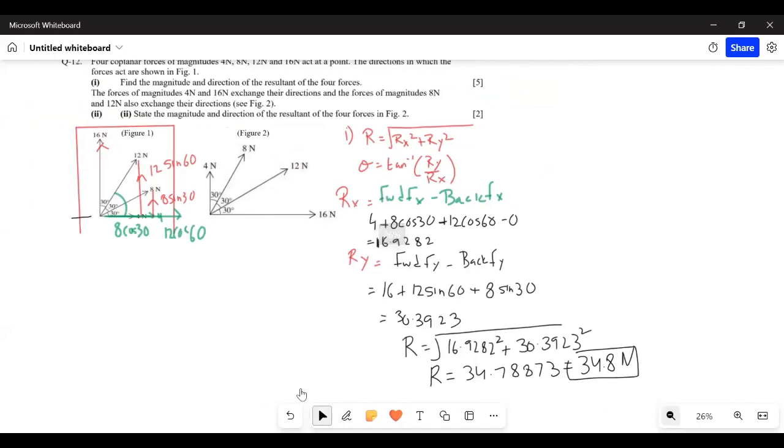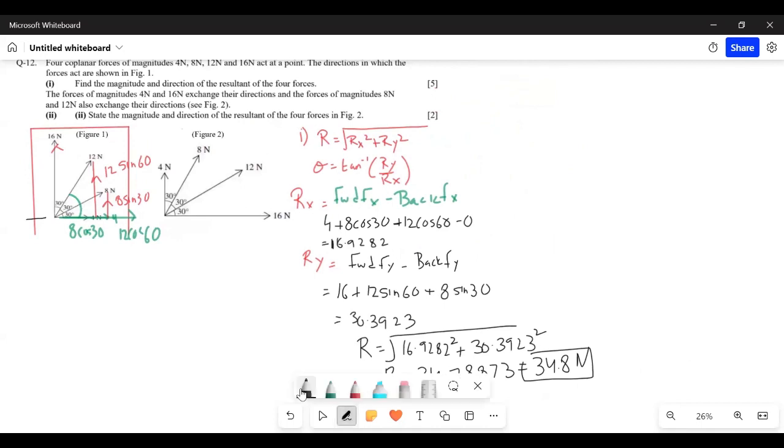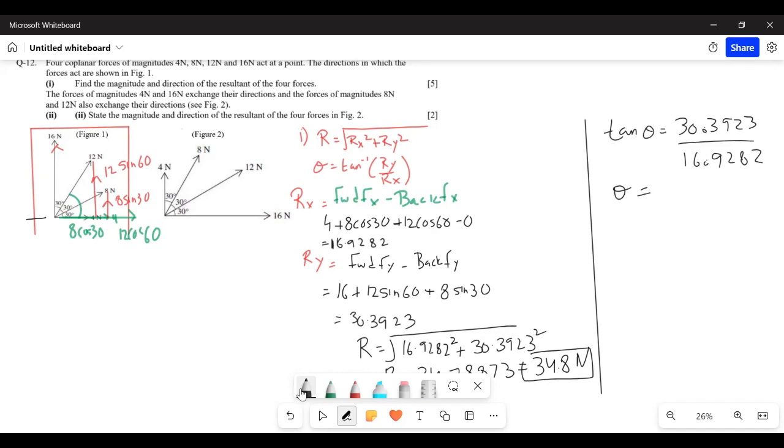That is, all these forces combined exert a force of 34.8 Newton. In which direction? Theta degrees above the x-axis. Let's find theta now. Tan theta equals Ry upon Rx. Ry is 30.3923 upon 16.9282. Find tan inverse and get the answer, which comes out to be